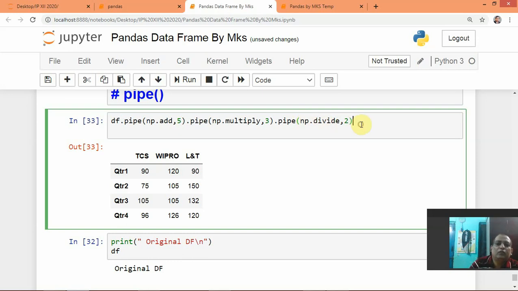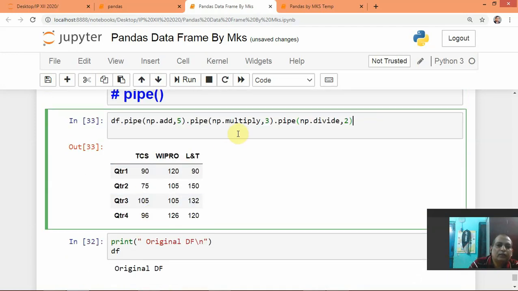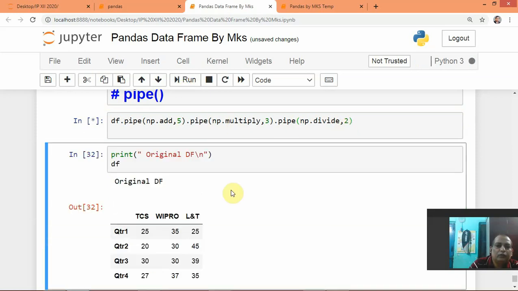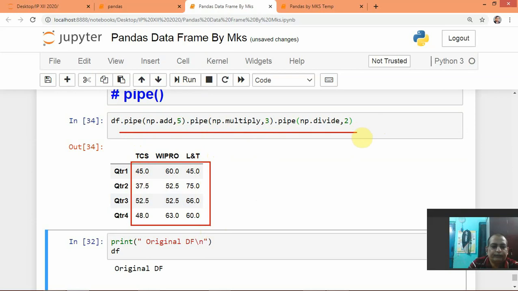So again what output will come? 25 has become 90, and 90 divided by 2, what will it come? 45. So you can see here, this is our pipe function and this is our output.